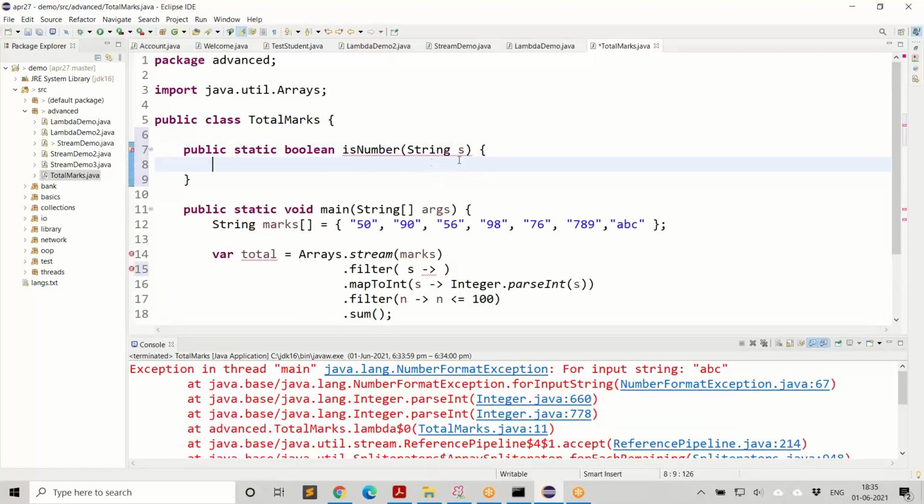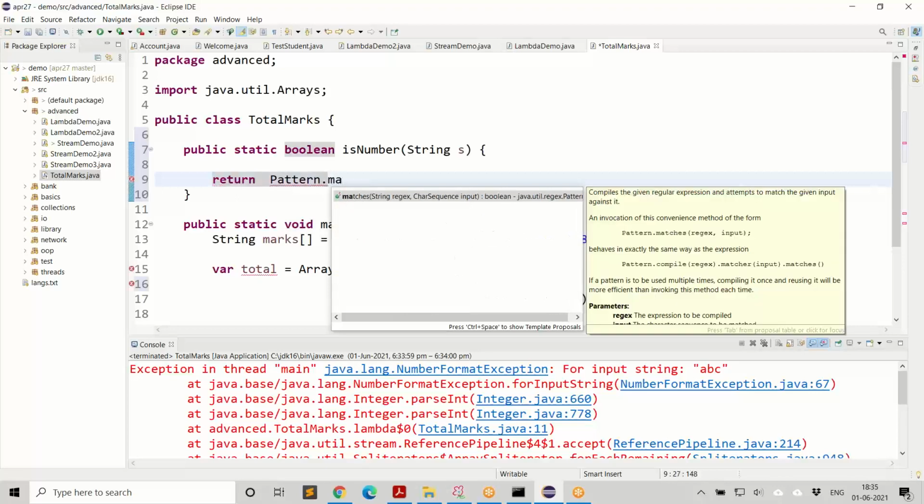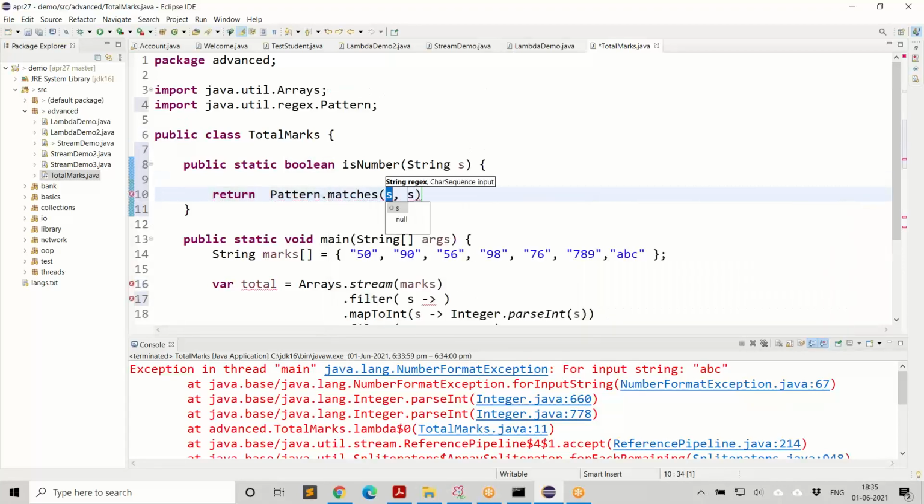And I need to know whether it consists of digits. So can we use a regular expression for that? Why not? You can say return Pattern.matches. The regular expression is going to be double backslash d plus, meaning one or more digits. If that is the case, it returns true, otherwise it returns false.